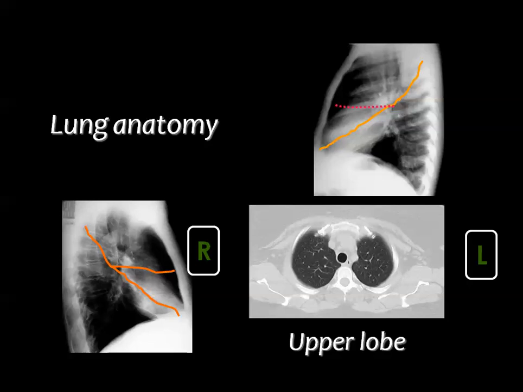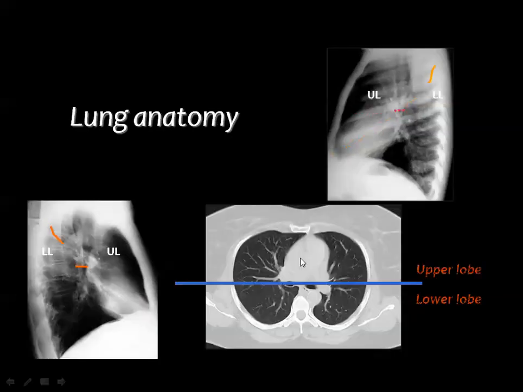Whenever you see the trachea, you are cutting in the upper lobe. Then you see here the trachea, and this is the left upper lobe, and this is the right upper lobe. Then if you go down, you will reach the site of the tracheal bifurcation, where the trachea is divided into two main bronchi, and the section is also